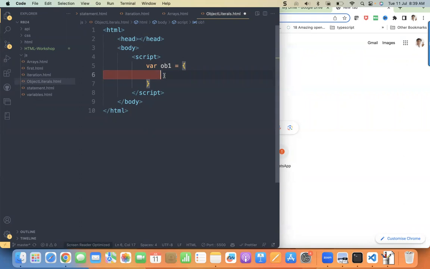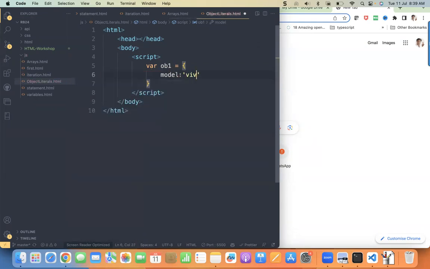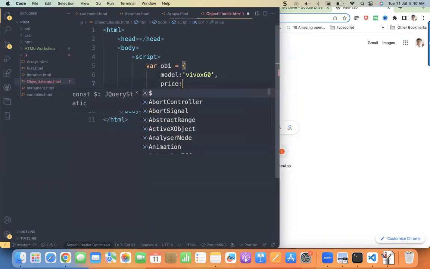So for example, I want to store my phone model name. I will write it like this. Model colon Vivo X60. Enter. Next, price